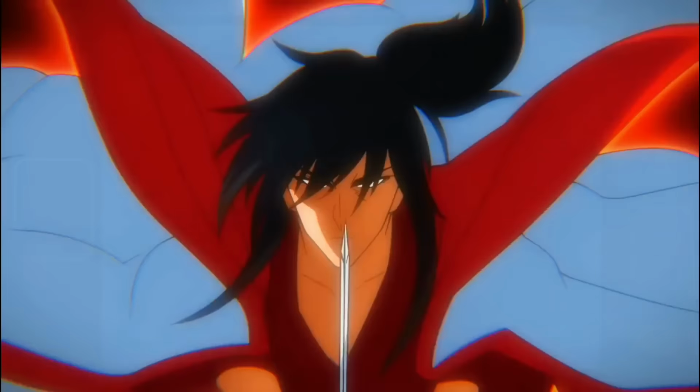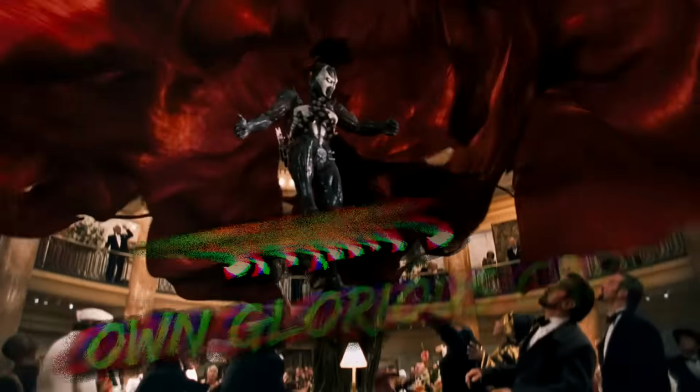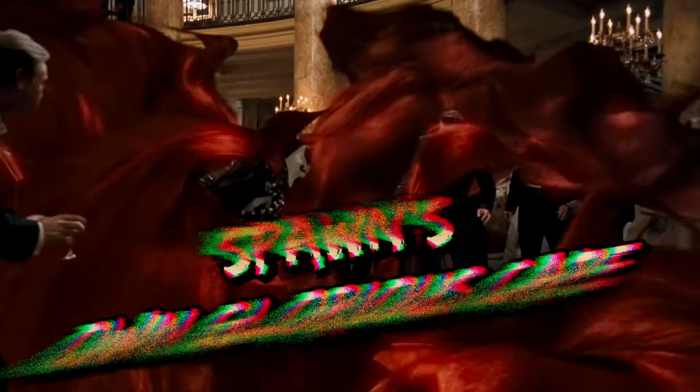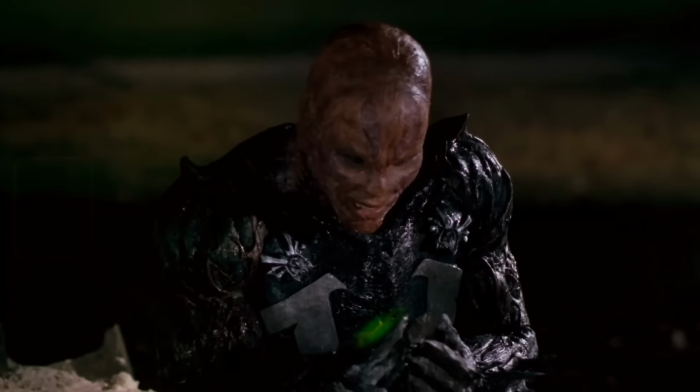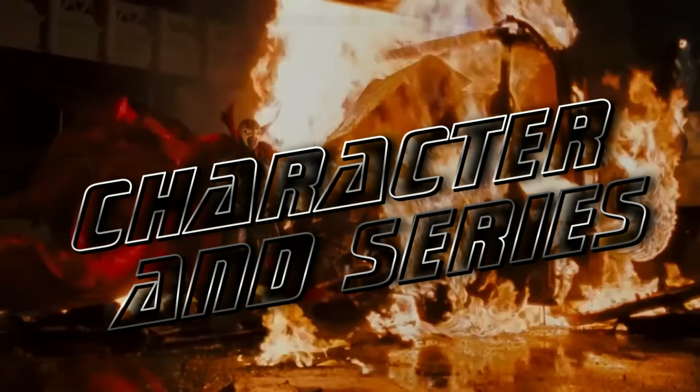You know that gorgeous flowing cape that Seijuro Hiko, Kenshin's master, wears? Well, it's directly inspired by Spawn's own glorious cape. Bet you didn't know that, huh? My point being, Spawn's outfit has been a major part of not just his character in series, but also other